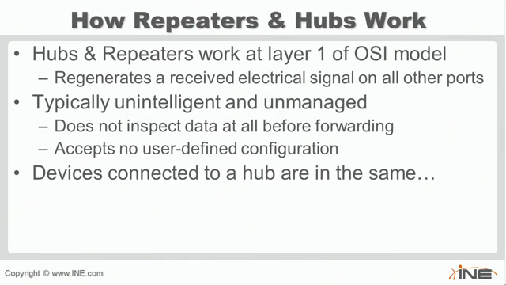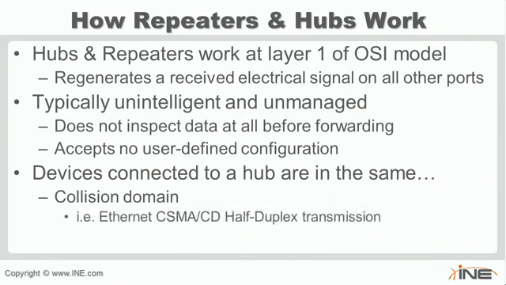Now this also means that on a hub or repeater, all of the ports are in what's known as the same collision domain. Originally with Ethernet, since everyone was sharing the same wire, this physical cable was used both for sending data and for receiving data at the same time. So the issue they ran into is that if one host is sending at the same time that another one is sending, the electrical signals run into each other and they essentially cancel each other out, or they run into some interference. So the Ethernet specification came up with a way to prevent this, which is known as CSMA/CD, or